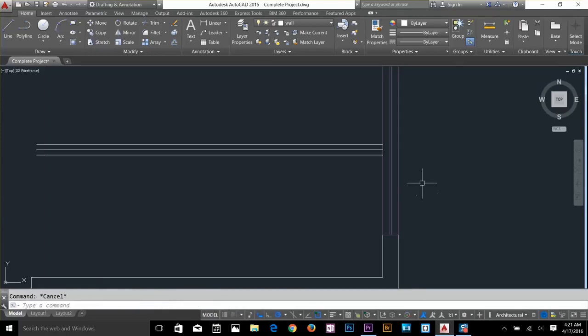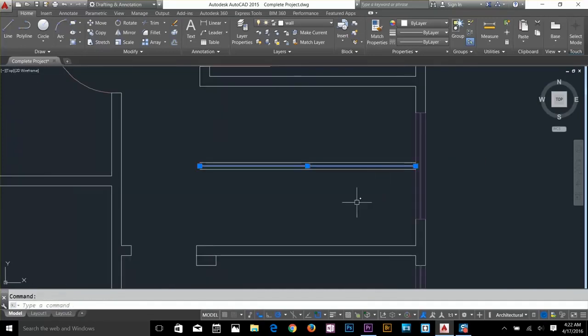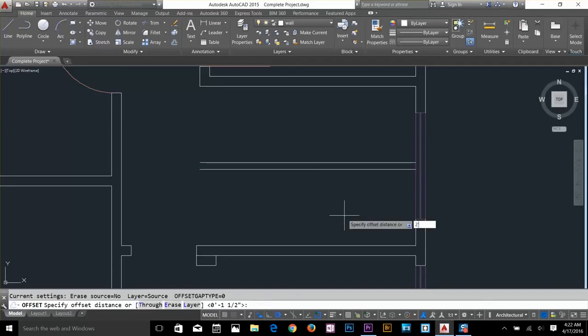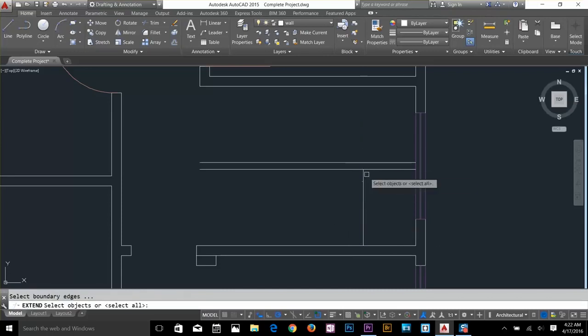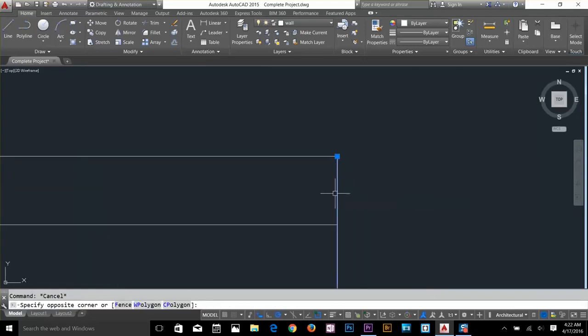So now draw another line. Let's see what we got. Alright, so now we've got that, and then just delete that middle line and give an offset of 2 feet, and grab that vertex and just drop it there. Or you can actually extend that and then trim off these lines. Alright, so now I want to move that down and make another separate line